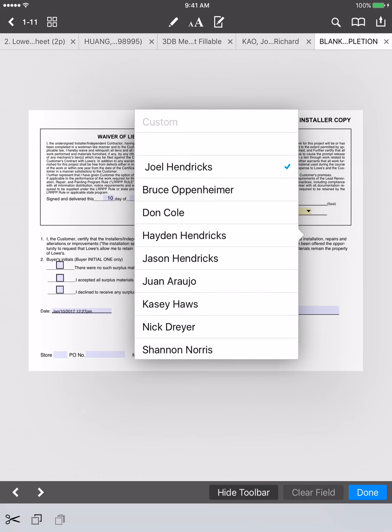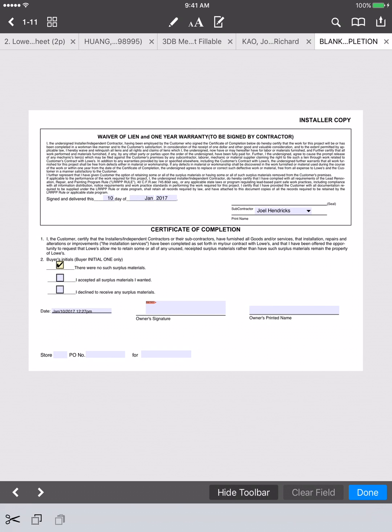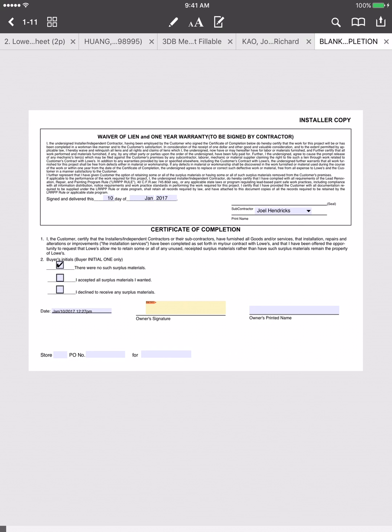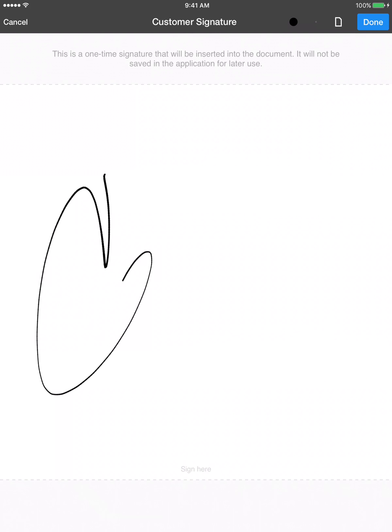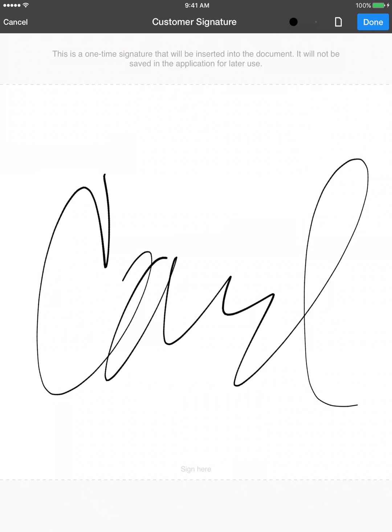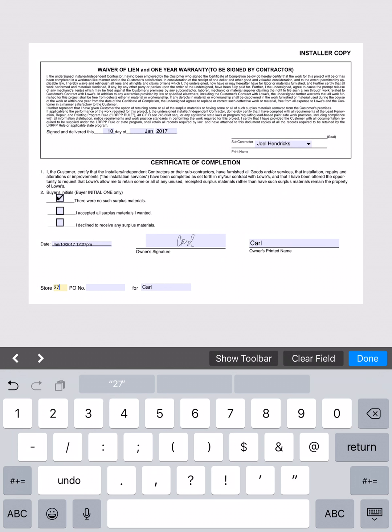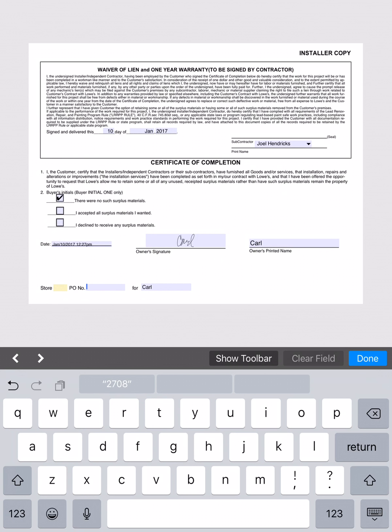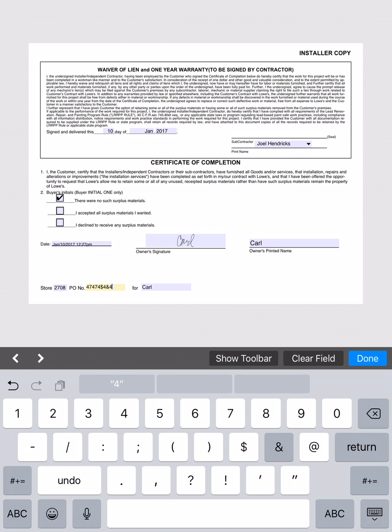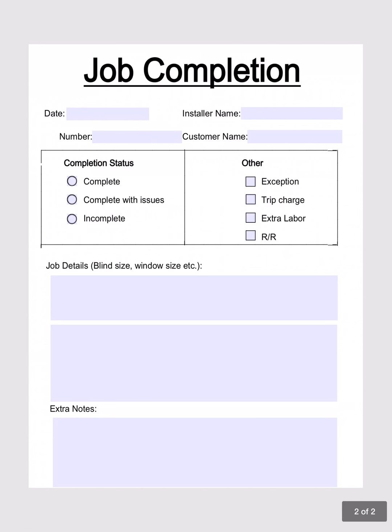The little drop down here. I'm going to select my name. I'm going to click that. Then I'm going to get the customer signature just the same. We're really liking the name Carl today, so we're going to stick with that. And then type in Carl. Appears down there. Store number 2708. And whatever the number is. We'll hit done. We'll go to that next page